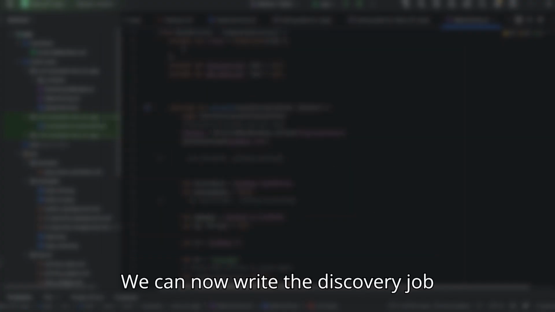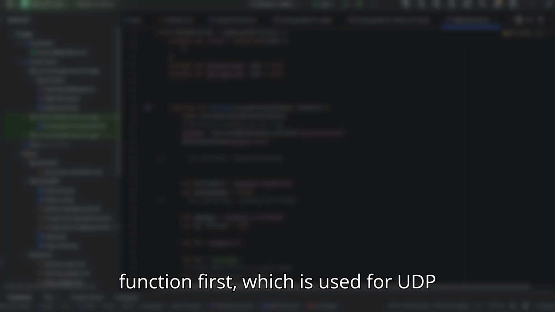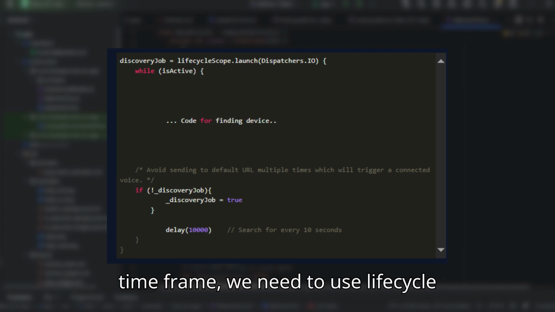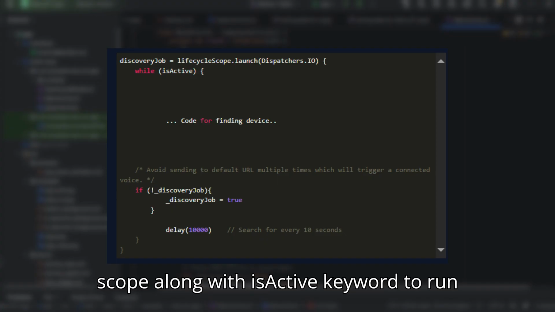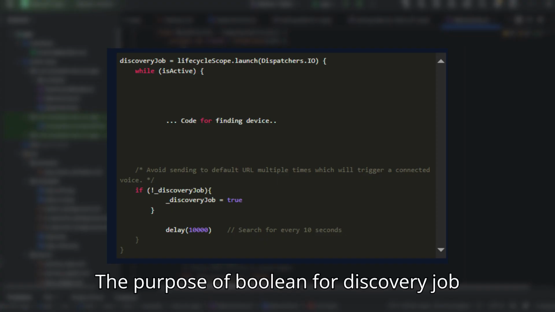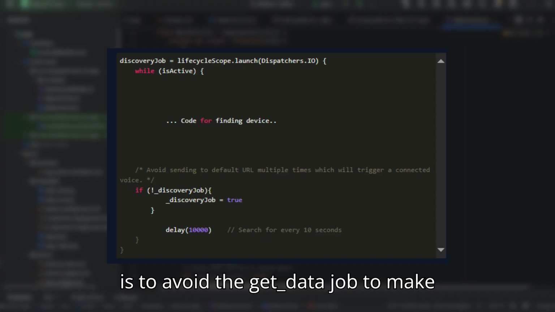We can now write the discovery job function first, which is used for UDP pinging. To run a code continuously every certain time frame, we need to use lifecycle scope along with the isActive keyword to run the job. The purpose of the Boolean for discovery job is to avoid the getData job making a request before